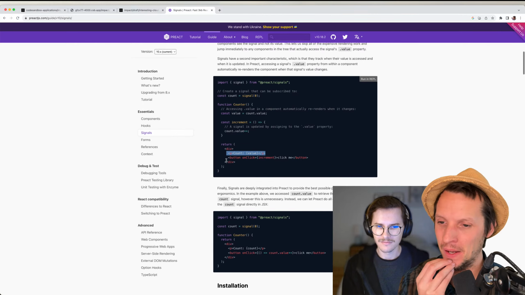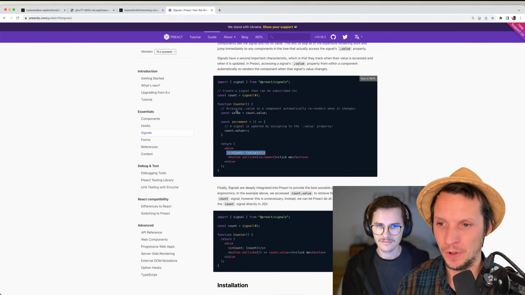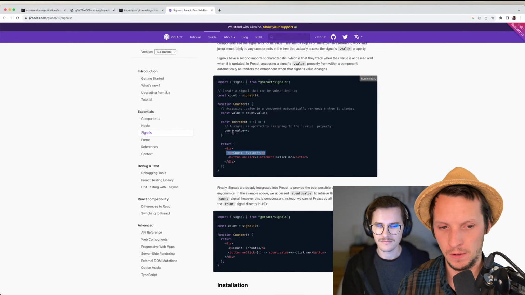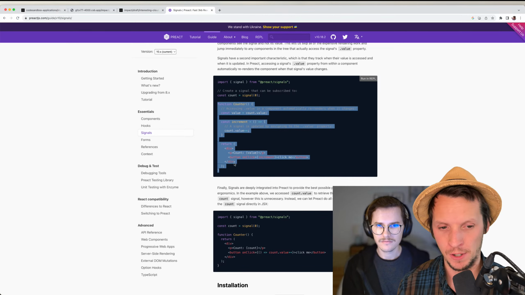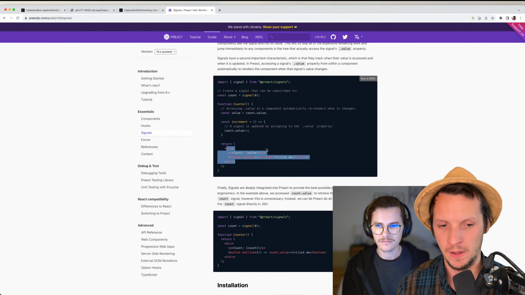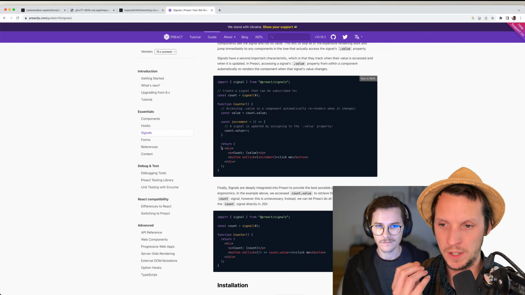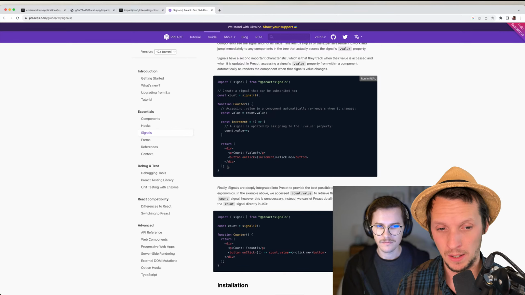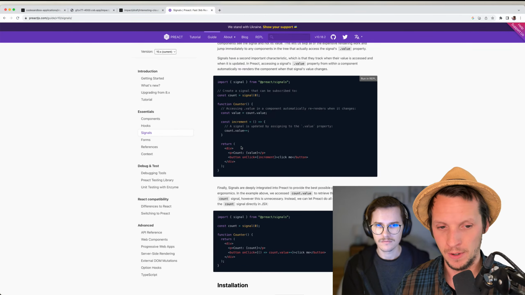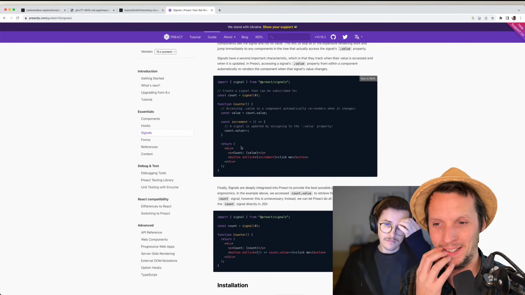But the problem is, what if you want to do switch statements or if statements and return different UI? You can't do that with Solid. You have to use special components called Switch and all this stuff, which doesn't work well with typing and so on. So it kind of breaks you out of a very natural thing, which is to use the language.